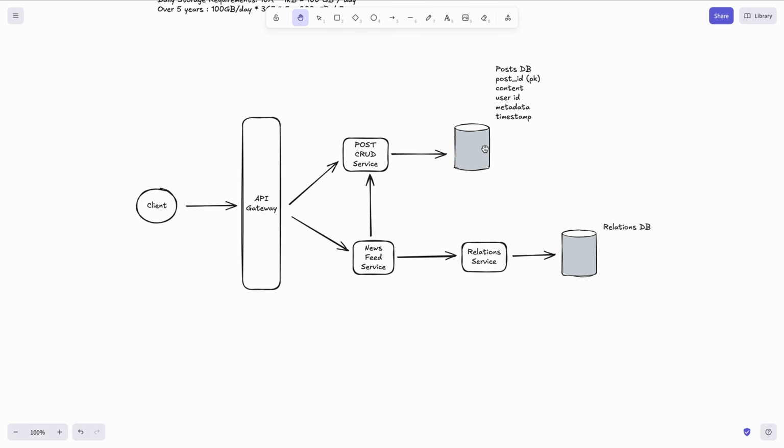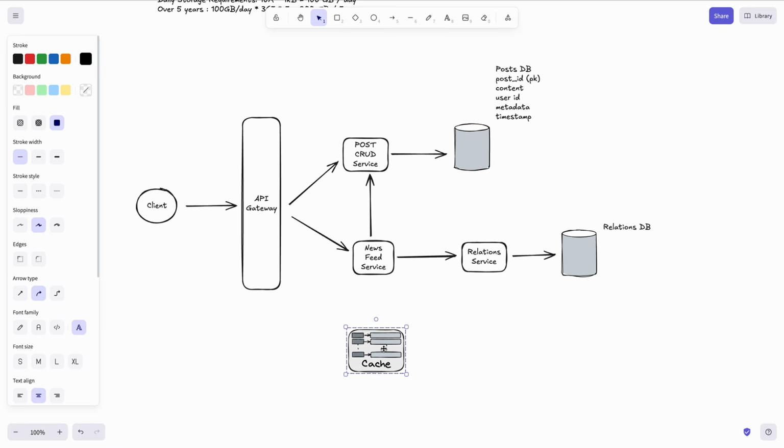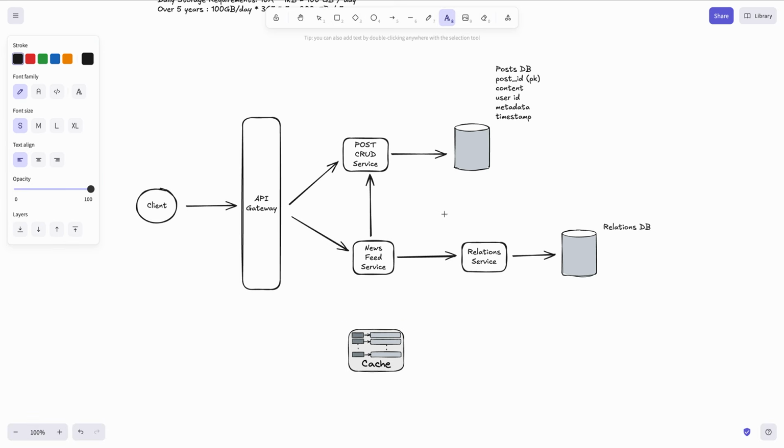To dramatically speed up the read path, our core solution is to pre-compute the newsfeed for each user, and we'll store these pre-computed newsfeeds in a fast in-memory cache, which we'll call our newsfeed cache. For each user ID we'll have a list of post IDs